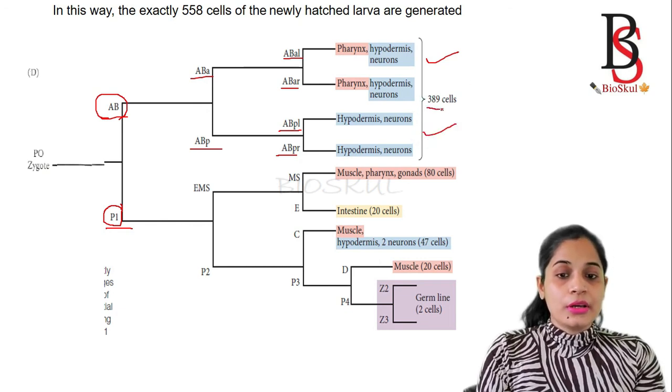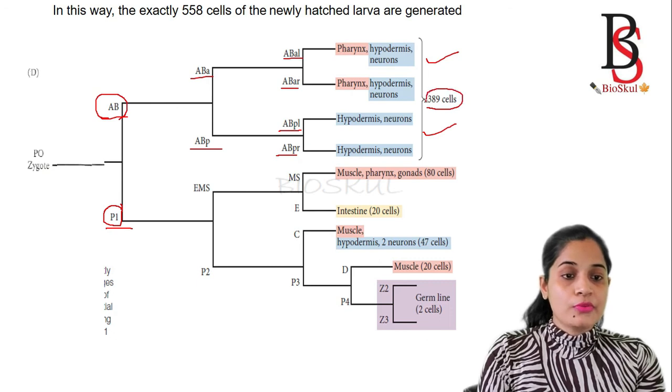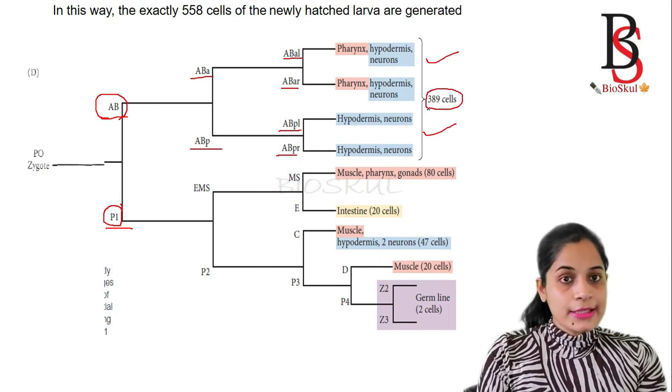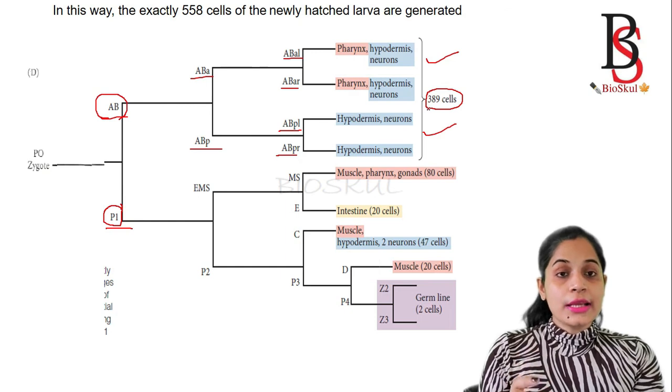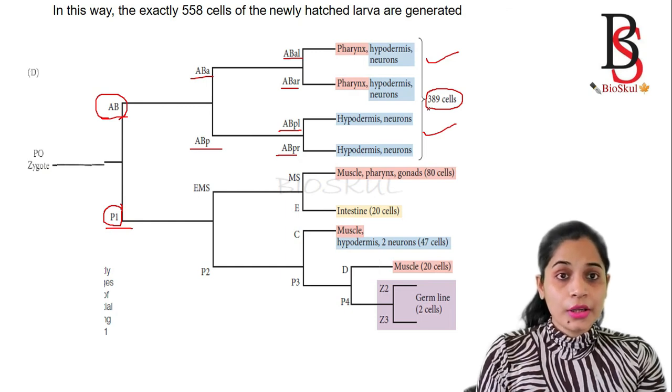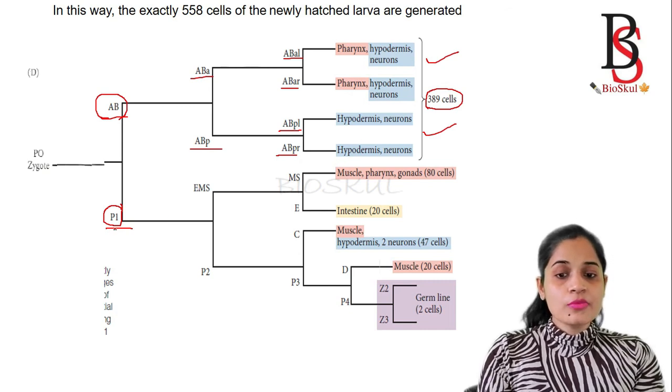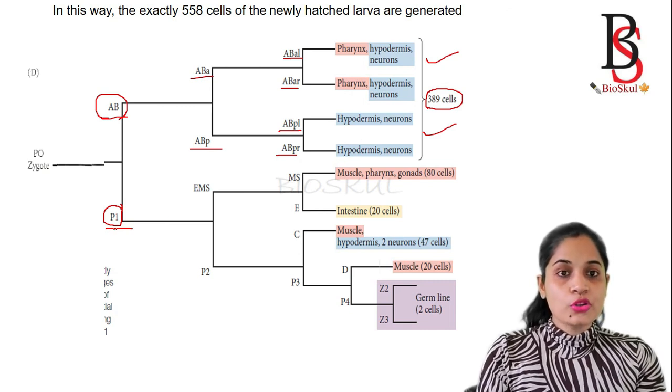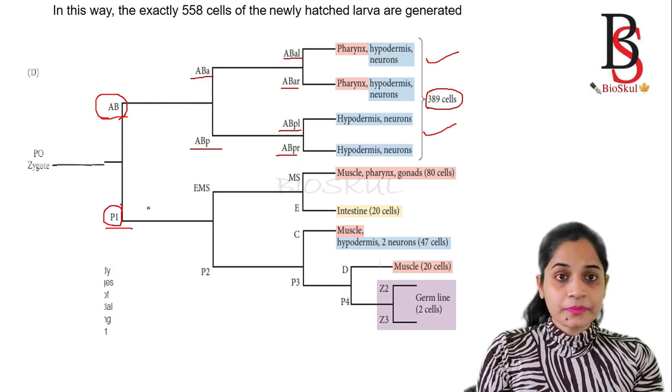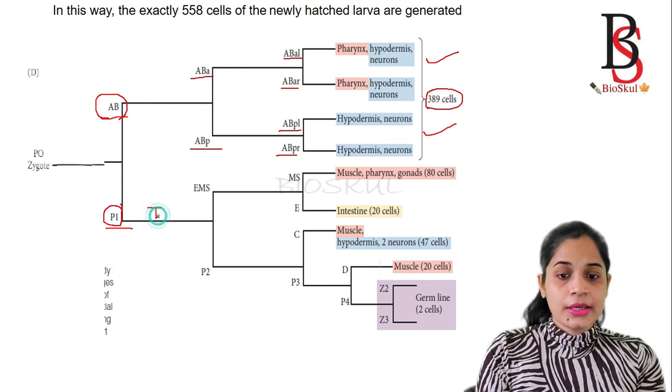In total, the AB cell, or the founder cell, will produce 389 cells, and the founder cells divide equatorially or by longitudinal division. Now come to the posterior stem cell, that is P1. The posterior stem cell is divided transversely